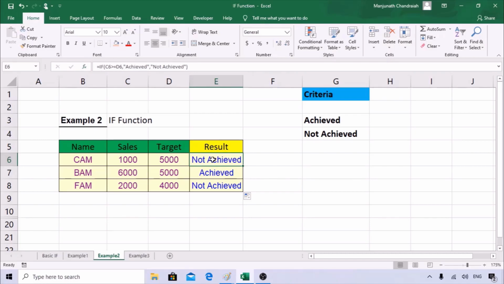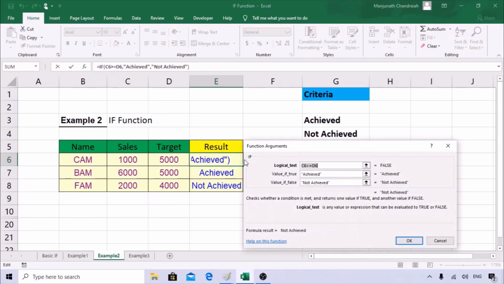Right? Some people directly type the formula here, and that is also fine. If you're typing, then you need to add a comma. Comma is nothing but for the next argument. So if you type this function, after the logical test you need to give a comma, then the true value, then a comma again, then the false value and the close bracket. Since you're using this dialog, you can avoid giving the commas and the brackets.